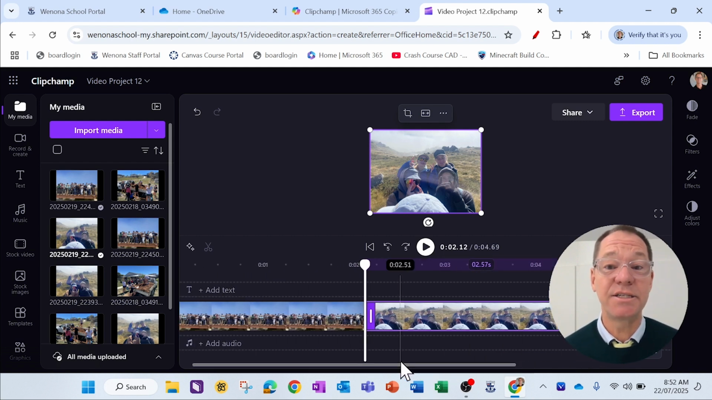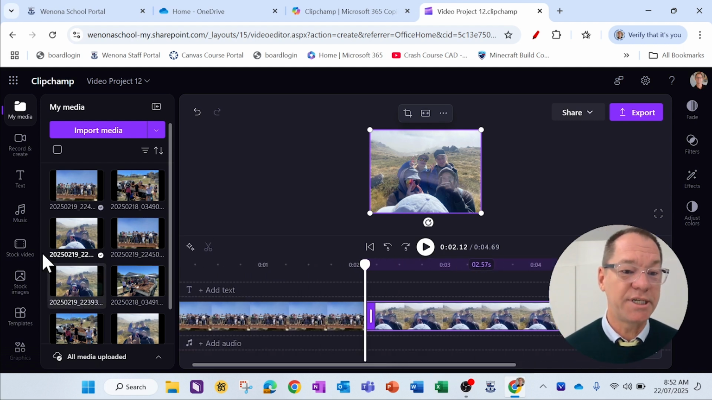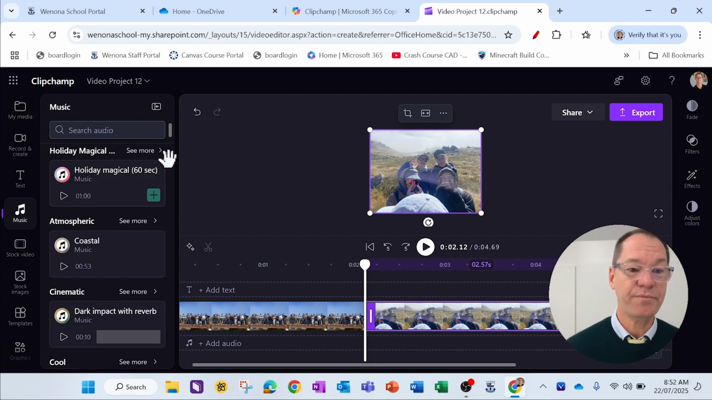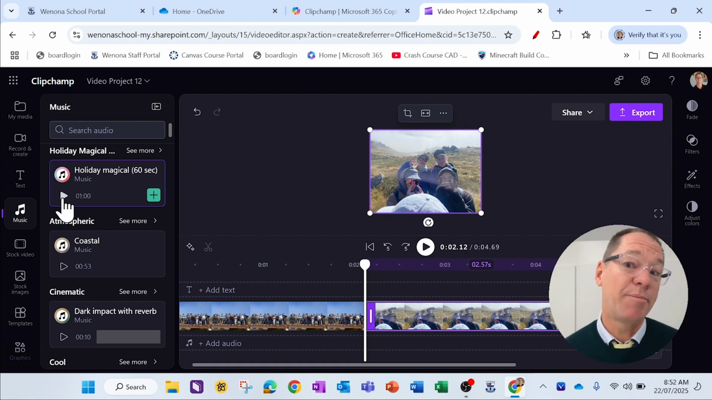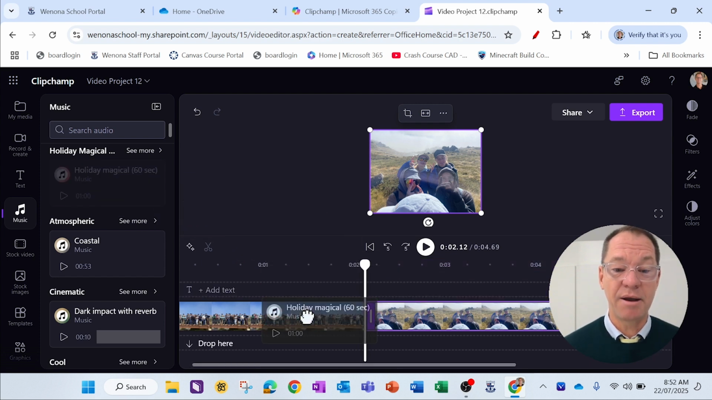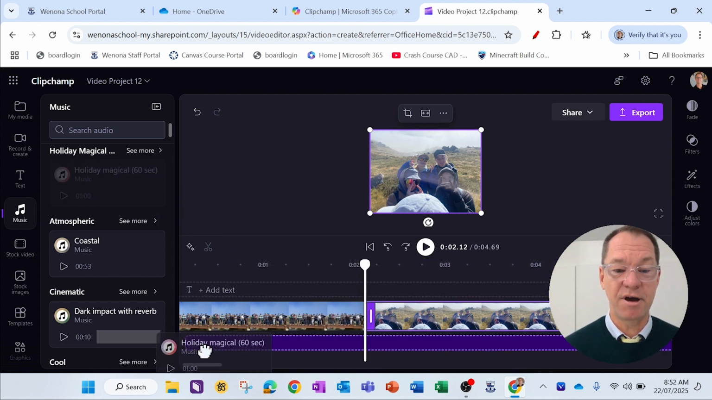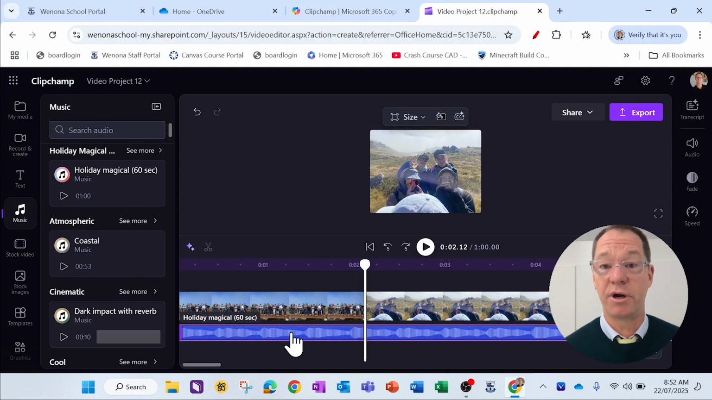And of course, I need some music. So let's go to the music tab. And let's do Holiday Magical, something that sounds great. I can hit the play button and listen to the track first if I want to. But for this scenario, I'm just going to click and drag and bring it down underneath my photographs. So your video projects will be a result of combining different layers together. I've got a photo layer, I've got a music layer,